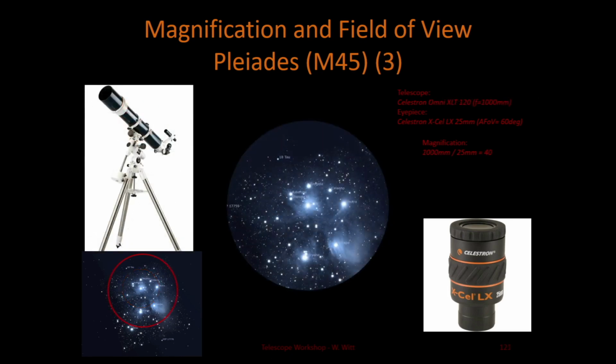So let's try a different thing. Here's a refractor telescope with the same eyepiece, so different telescope, same eyepiece, but the focal length of this telescope is 1,000 millimeters, and the eyepiece focal length is still 25, so now we're at 40x. So this kind of zooms us out by a factor of 2 or half, and we can see more of